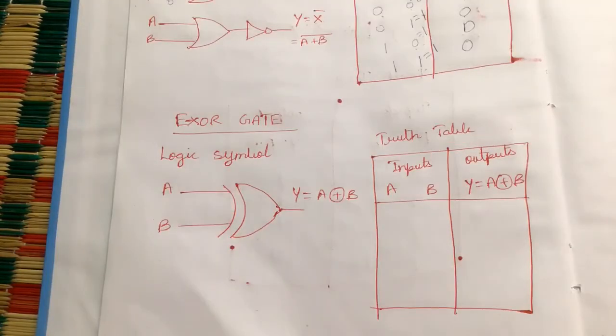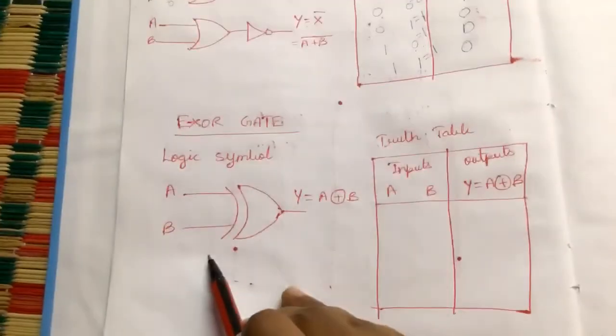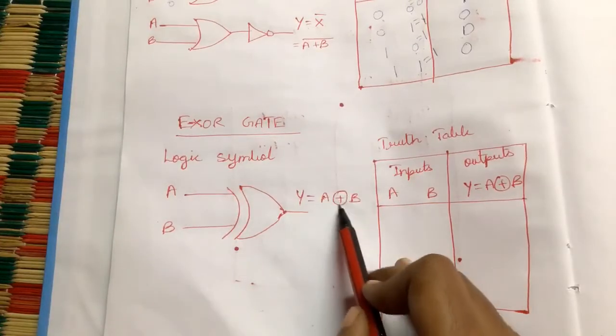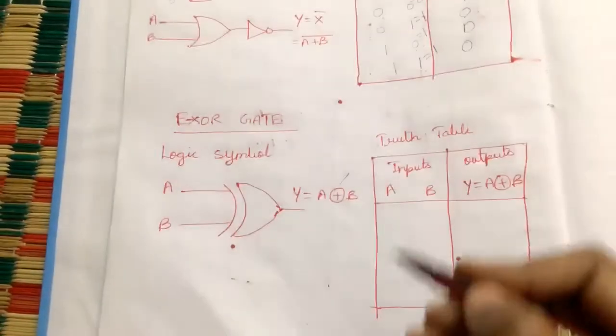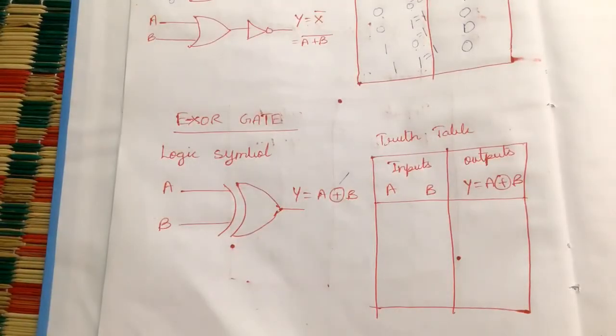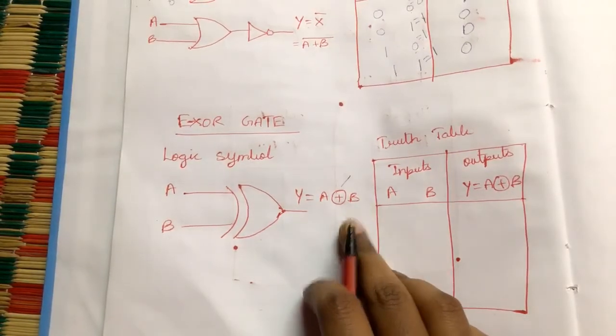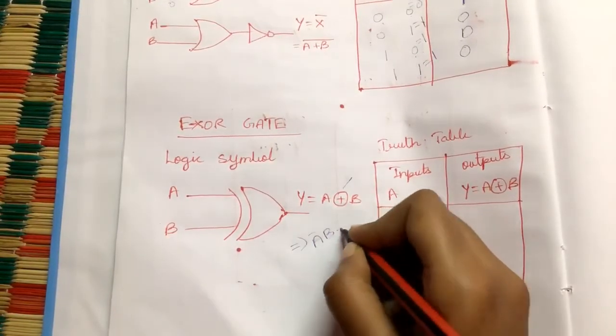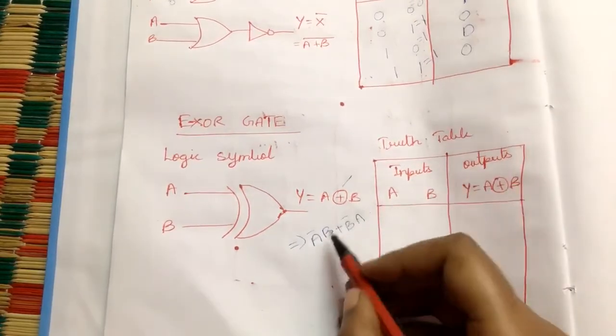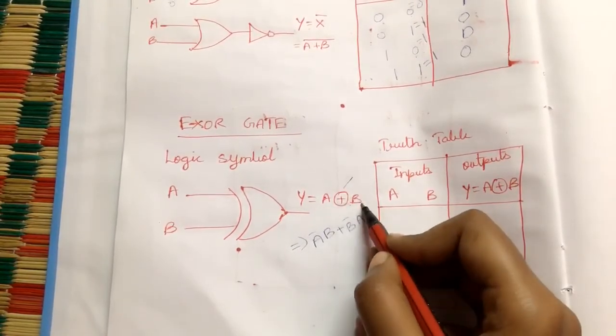Here is the XOR gate. This XOR gate we also call the exclusive OR gate. Okay, we are going to represent this in this form. So this is A and B, we are going to give as inputs, and this is the XOR representation. So this is the representation for the XOR. Now how will we represent this? A XOR B, I will say. A XOR B is nothing but A bar B plus B bar A. So this is the representation for A XOR B.